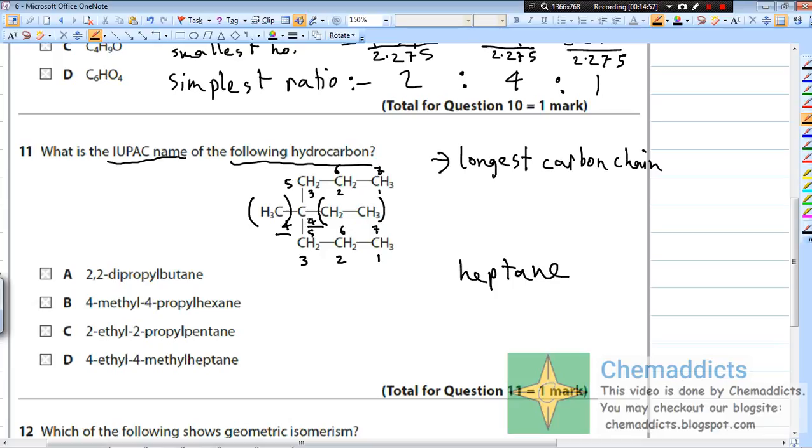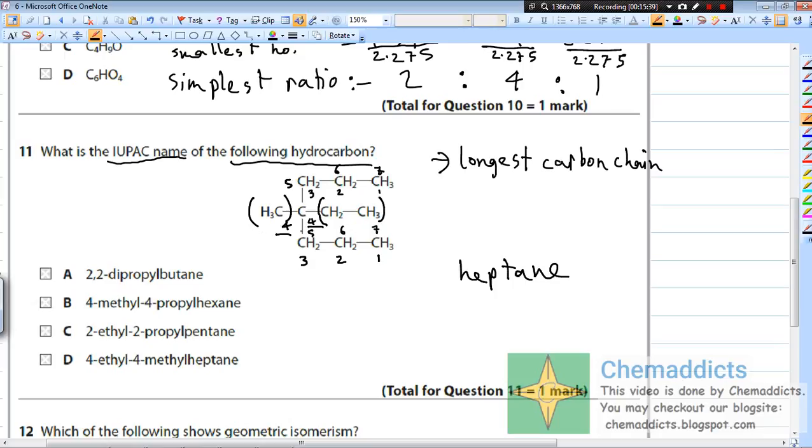It is in the 4th carbon atom. They are in the 4th carbon atom. If we start from here, these two groups lie in the fourth carbon atom, and if we count the other way around, 1 2 3 4, we get these both ending in the same carbon number, so it is regardless of the numbering. No matter which way we count, it always ends up getting into the same carbon atom.